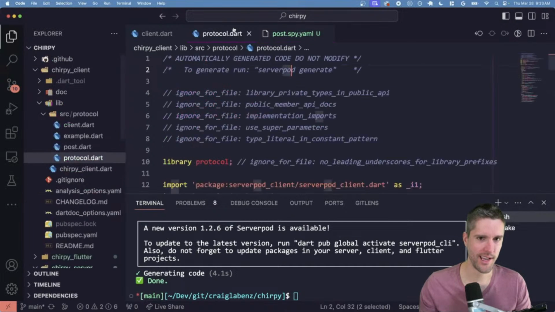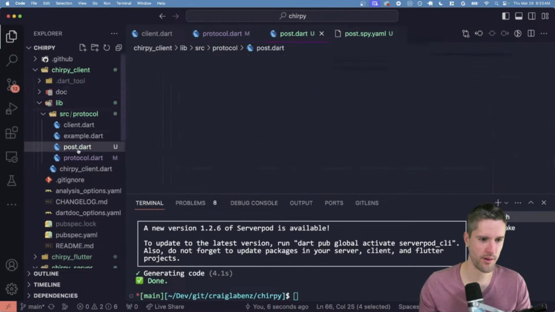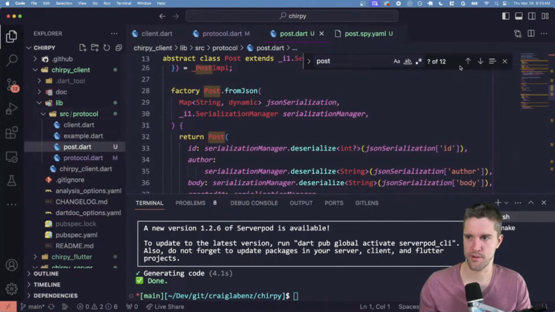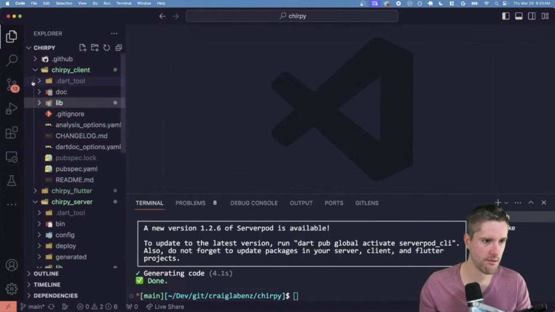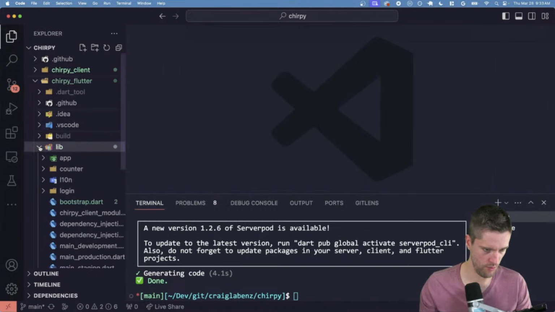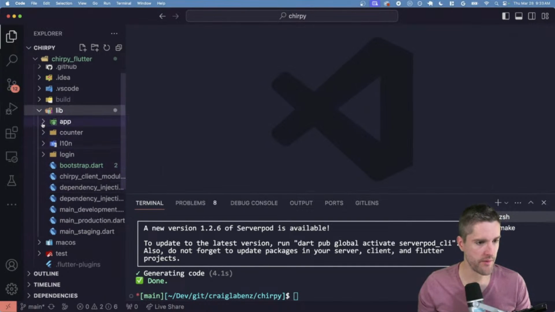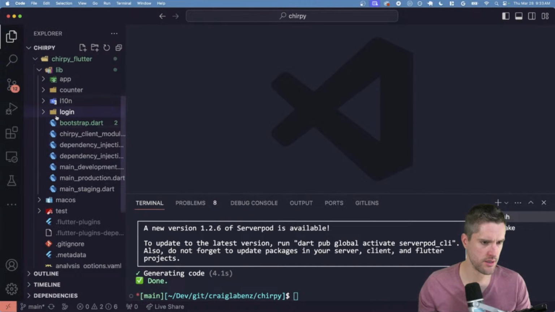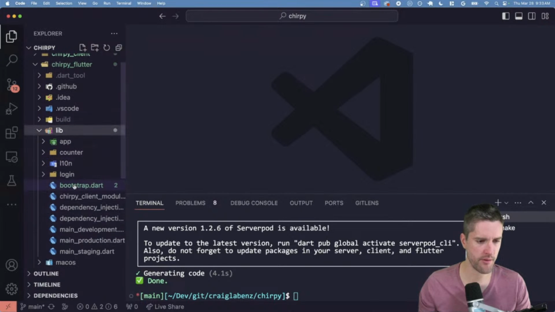All right, now in protocol, we should see some mention of post. There we go. And we have our post class. Wonderful. All right. On to the Flutter client we go. Okay. It is time. So we've got our app, counter, internationalization or localization, and login, and all these random files. All right, so this stuff is coming from the